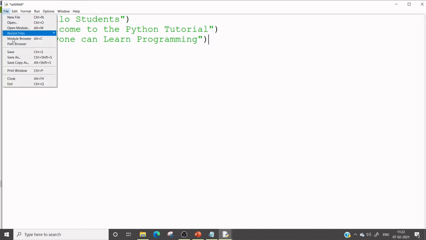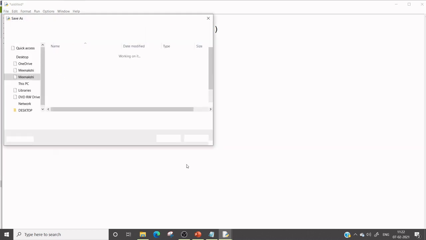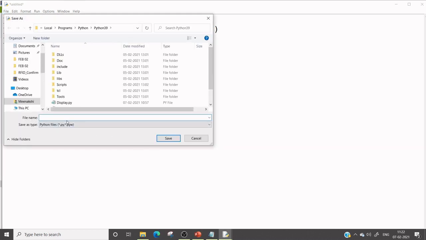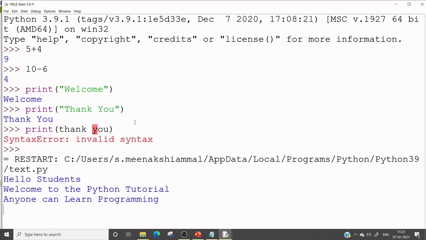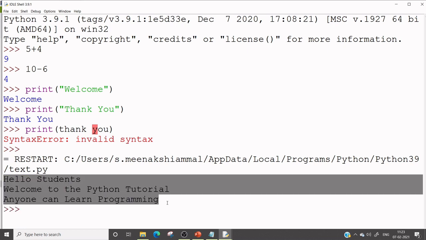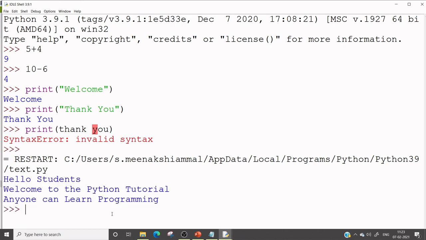Save this file. Give the file name and go to Run and Run Module. This will give the result in the Python shell. In this way, we could run a Python program.